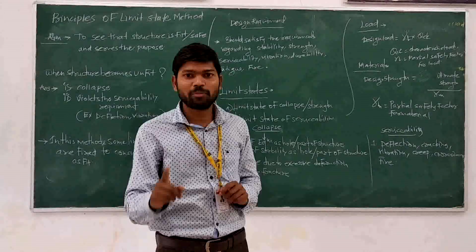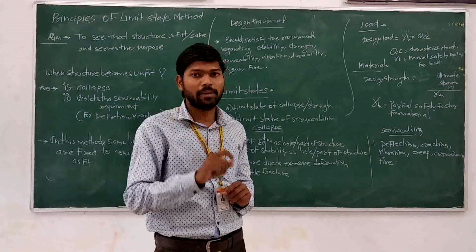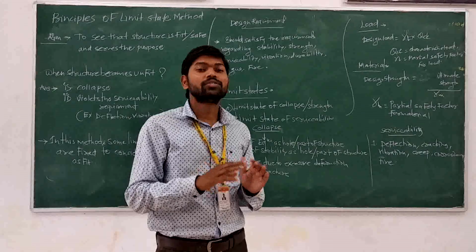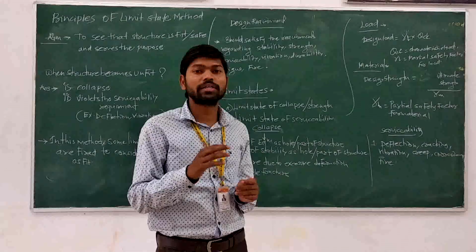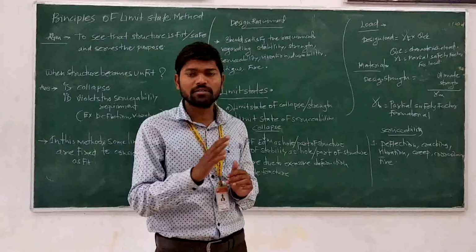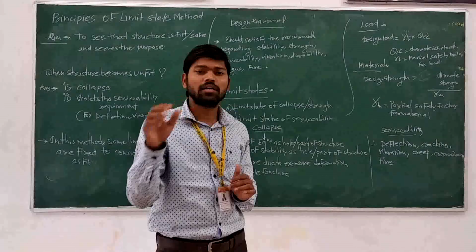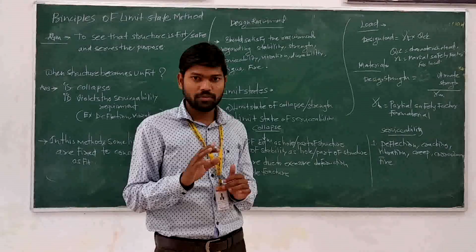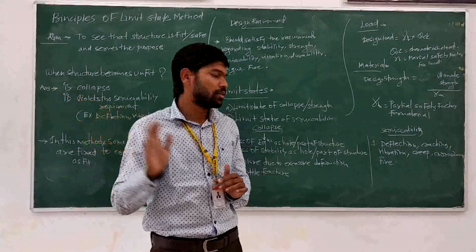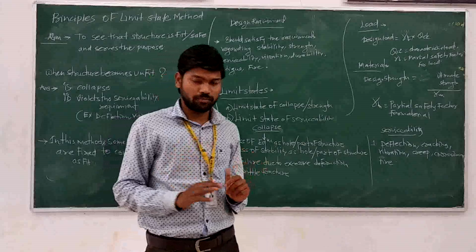Now when the concrete fails, as concrete is a brittle material, the failure will be a brittle failure. Brittle failure results in severe damage because it doesn't give any warning and it is sudden. So we do not get any warning and it will lead to severe damage. So brittle fracture or brittle failure is avoided in the limit state method. That's why this is the fourth limiting condition, brittle fracture.